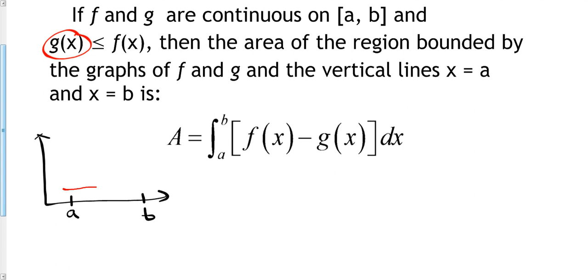So I'm just going to make it wavy and lower, and I'm going to call that g. I've got another function, f of x, which is bigger than g, so it must be higher. So I'm going to make f look kind of like this. Okay? So what they're saying to you is that the area of the region between those and these vertical lines,